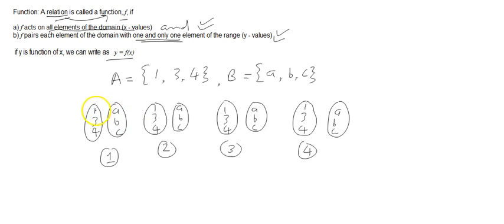So I'll use an arrow diagram and join it, and then I'll tell you which of these relations will be called a function and why, using the two mentioned criteria over here, criteria A and criteria B. So say 1 is related to A, say 3 is related to 4, A and this, okay, and then I'll take the next one. 1 is related to B, and then I'm going to take another one. 1 is related to A, 1 is related to B, and then say 3 is related to C,